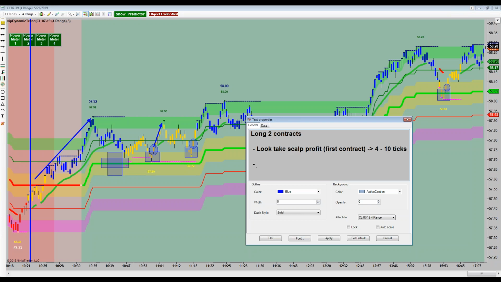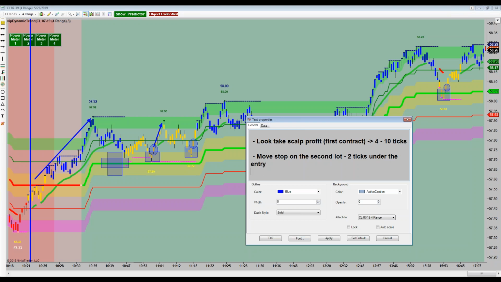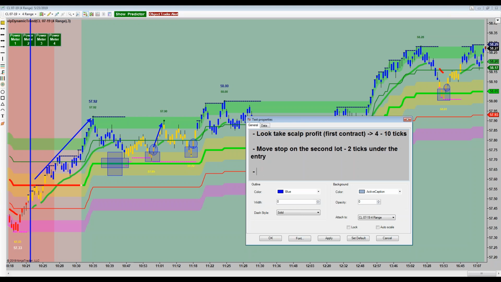And then you move your initial stop on the second contract, second lot, if you will. And we don't say break even. You want to come within a couple of ticks, say 2 ticks within the entry, under or behind the entry. Okay. And then number 3 is, once the market continues in your favor, long or short, you engage the trail stop